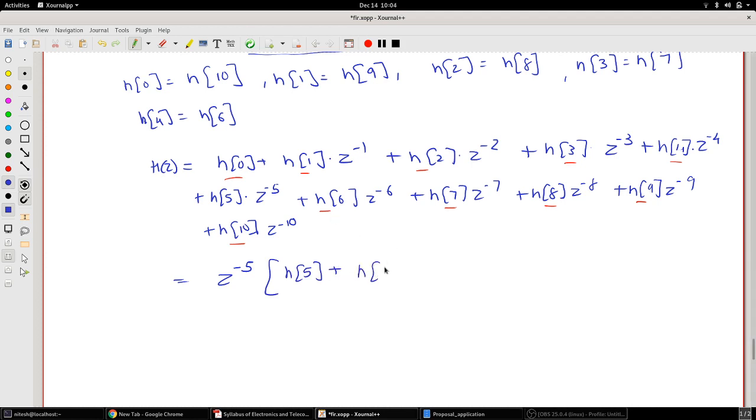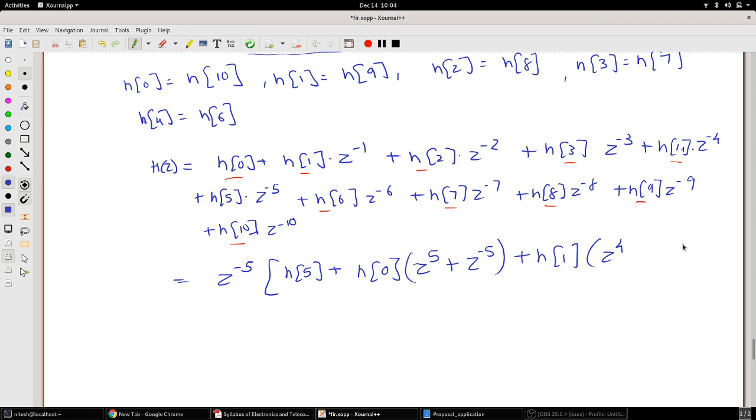clubbed together with h of 10, so h of 0 into, since I have a z raised to minus 5 term outside and I don't have any z raised to coefficient here, I need to balance it with z raised to 5, plus h of 10 is same as h of 0, so I can club this together and write this as z raised to minus 5, plus h of 1 will be, since this is z raised to minus 1 and z raised to minus 5 is outside, z raised to 4 will be inside, and h of 1 is same as h of 9,